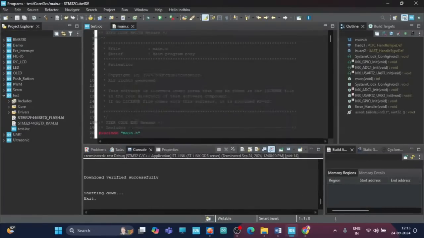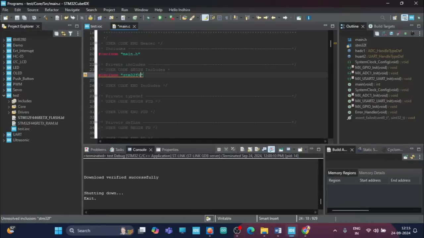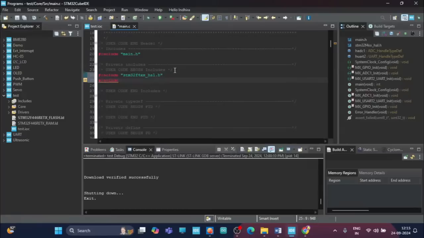So here what we need to do is that I am going to add include stm32f4xx_hal.h library, and then include stdio.h library, the standard input output .h library, right? And then